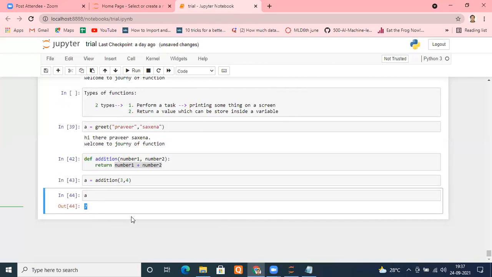Okay, so there are two kinds of functions. Remember, one which performs some kind of task. They don't return anything. When they don't return anything, you can't store anything. Similarly, the other kind of functions return some value, which can be stored inside a variable. And once a value can be stored inside a variable, you can do a lot of tasks. You can store that value inside your textbook, or anywhere you want. It's entirely up to you where you want to store that.